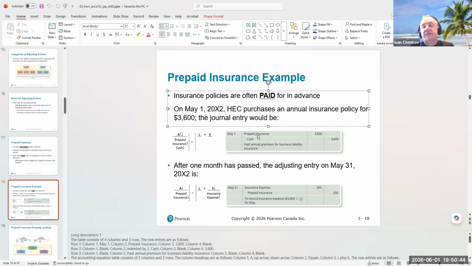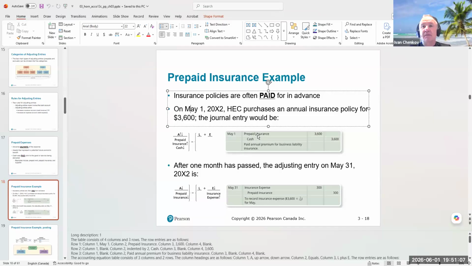So in reality, that's an expense, but since the time hasn't passed yet, it's not an expense yet. When is it going to become an expense? When the period starts passing. What's the shortest reporting period? A month. So when the first month expires, can I recognize some of the insurance expense? Yes, I can. How much can I recognize? Only